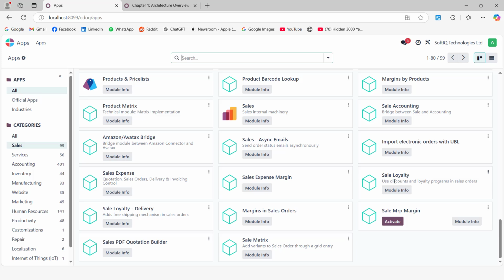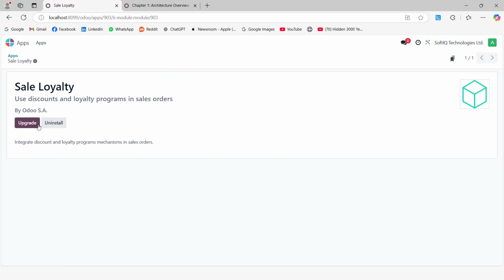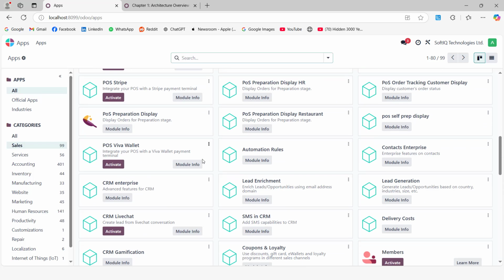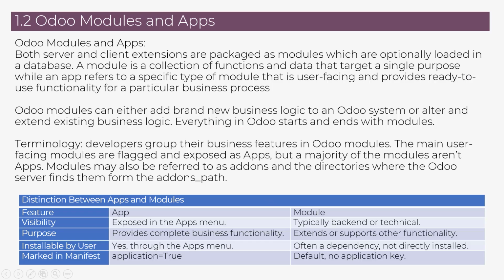For example, this is not an app but a module called Sales Loyalty. If I look at the module information, it tells us more. So this module is used to integrate the discount and loyalty programs mechanisms in sales orders. So this is just an example of modules and also apps. So going back to the presentation,